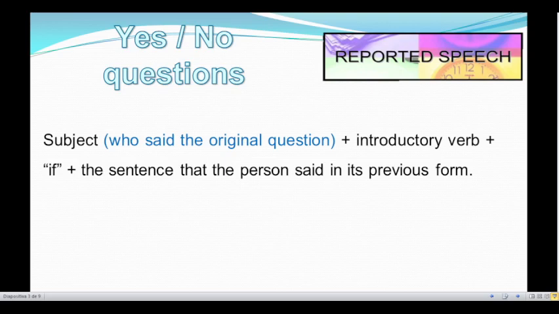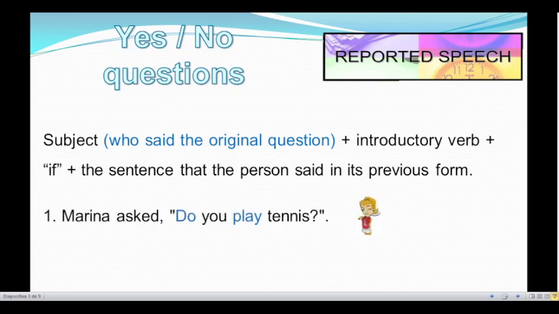For example, Marina asked, do you play tennis? Well, this question is in simple present, so we have to change it to simple past. Marina asked me if I played tennis. Very good. Let's continue